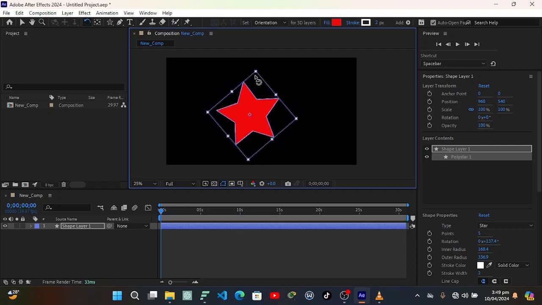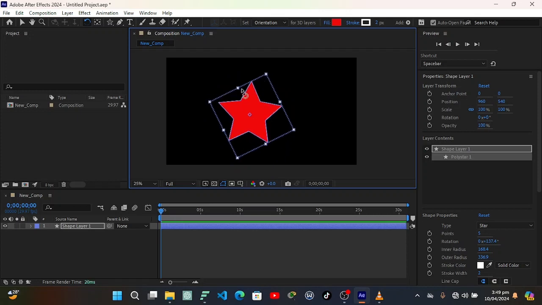If we want to rotate it from a different position, we can select the anchor point tool, then move it to the point where we want to rotate it from. We move it here from the middle, then up to the point where we want to rotate it in relation. Okay, so when we select our rotation tool and we rotate it,